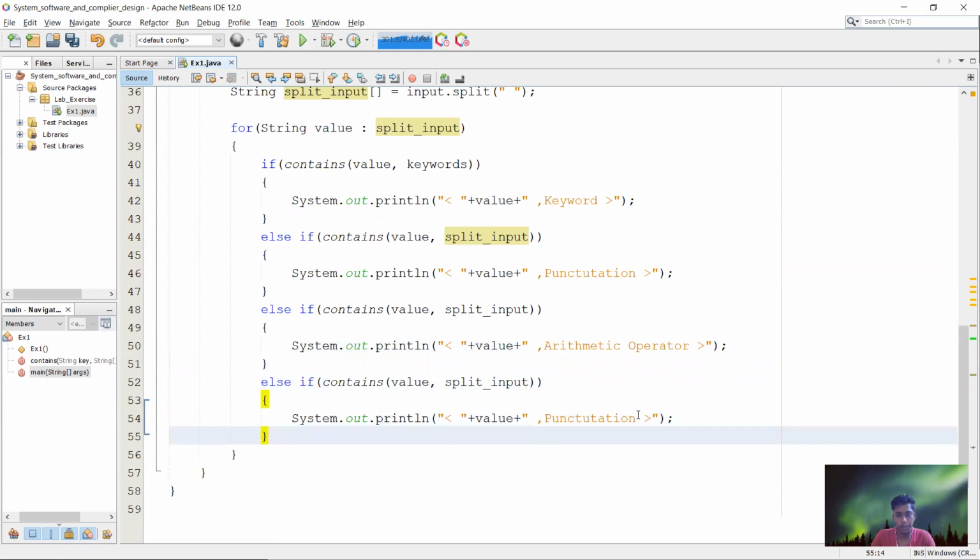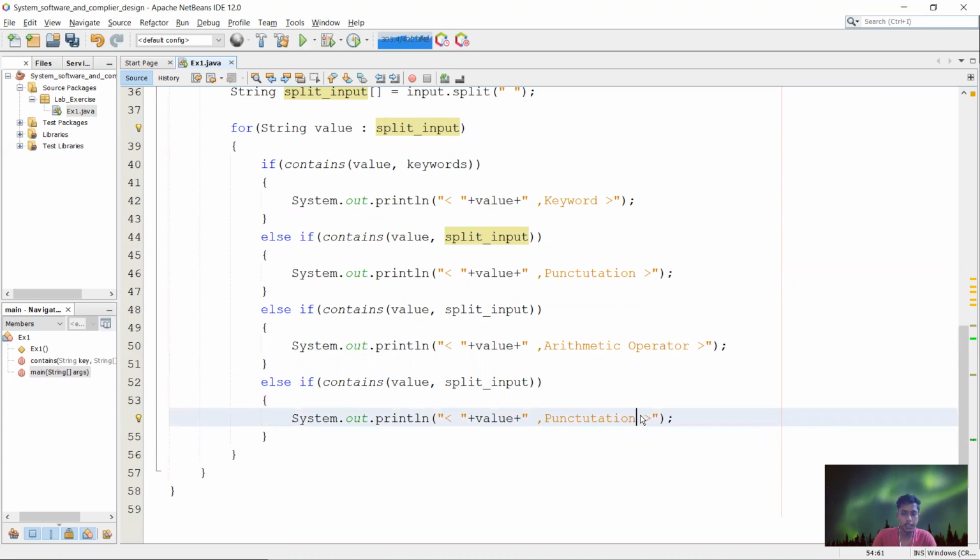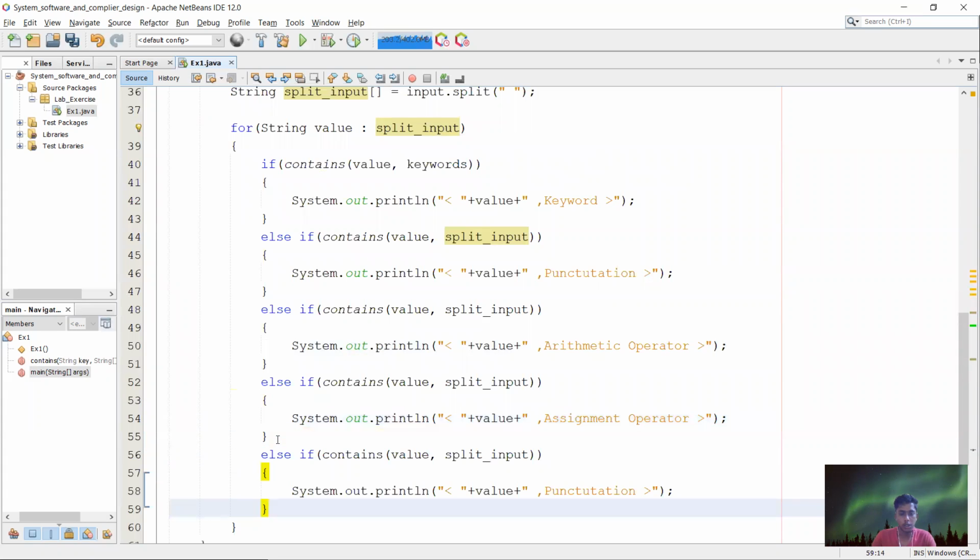Same, it will be taken and checked for assignment operator. Next, let us take logical operator. Here again it will be checked. If it is there, it will be logical operator.